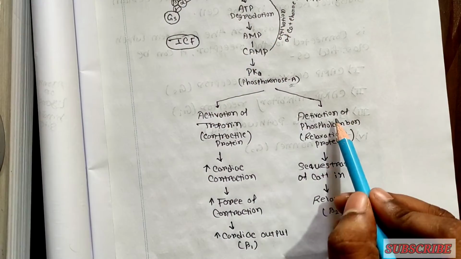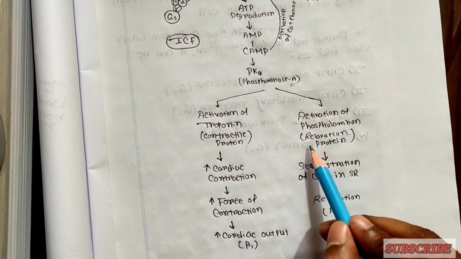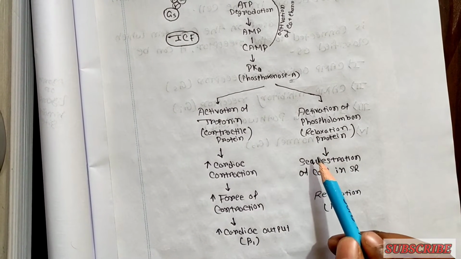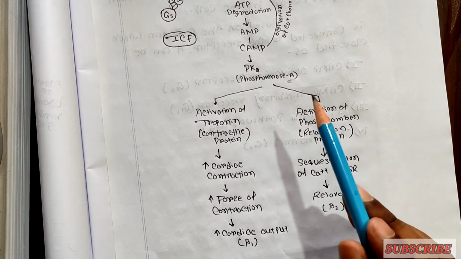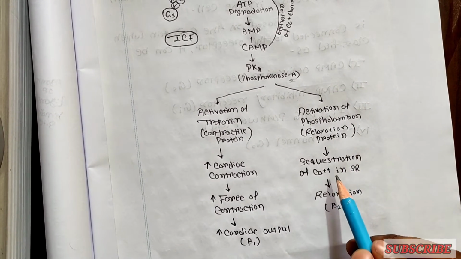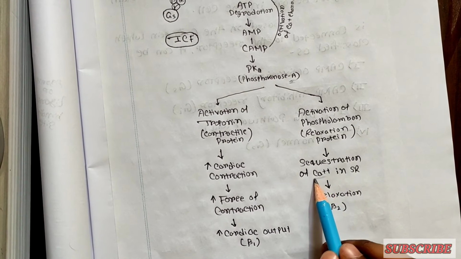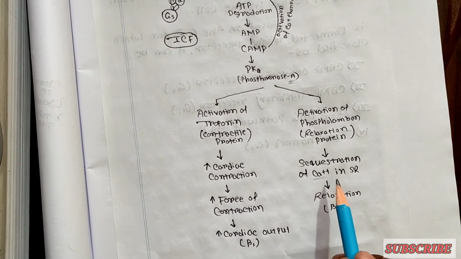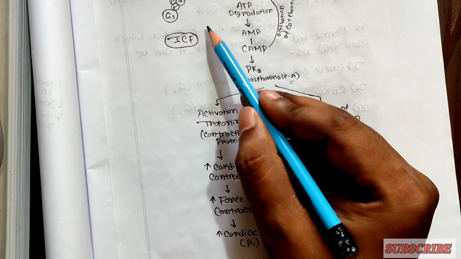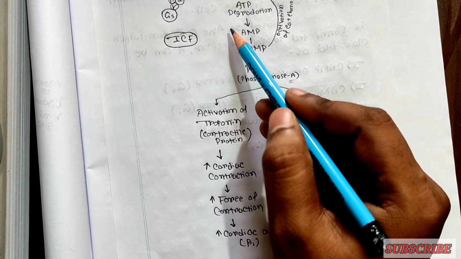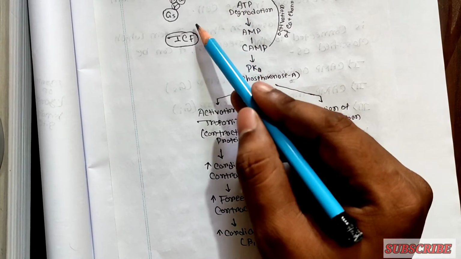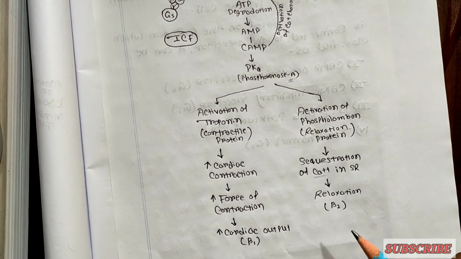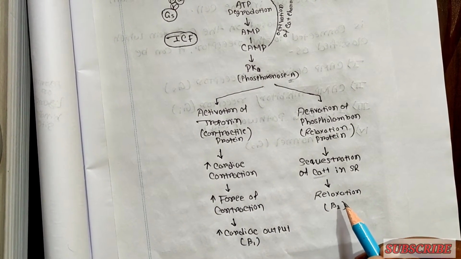If it is a smooth muscle, it will activate phospholamban, that is a relaxin protein. The calcium ion present in the cytosol, or in the intracellular fluid, will go inside the sarcoplasmic reticulum. If calcium ions are going inside the sarcoplasmic reticulum, there is a smaller number of calcium ions in the cytoplasm. It means there is a decrease in the number of positive ions in the cytoplasm. And what will it do? It will relax the smooth muscle.